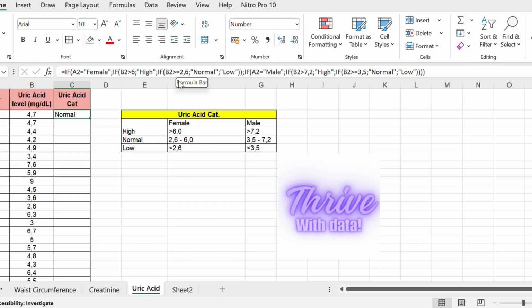IF, open parenthesis, the cell that shows uric acid level higher than or equal to 2.6, and semicolon, "normal", semicolon, "low", close parenthesis, close parenthesis, and semicolon, function IF, open parenthesis, the cell that shows gender equals "male",